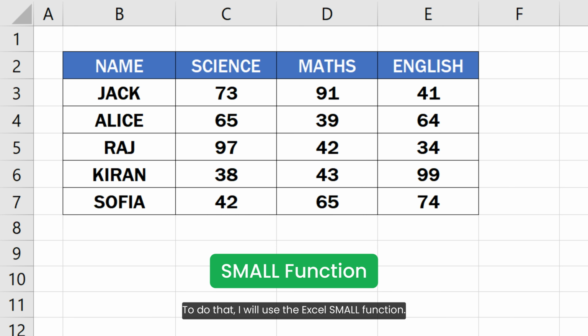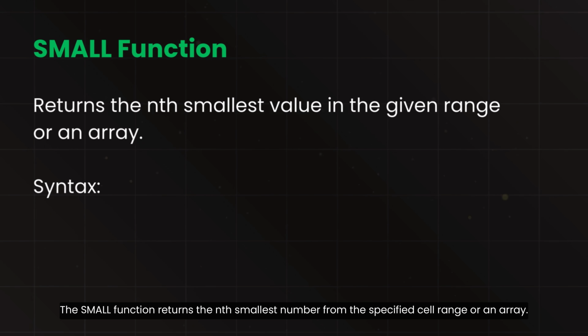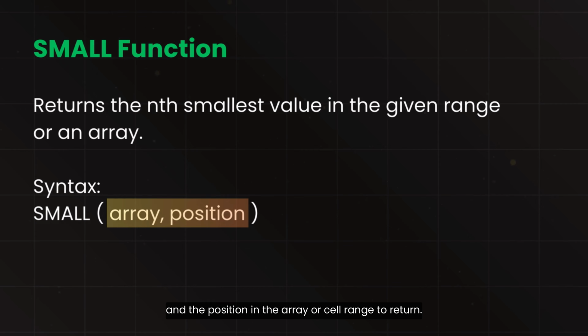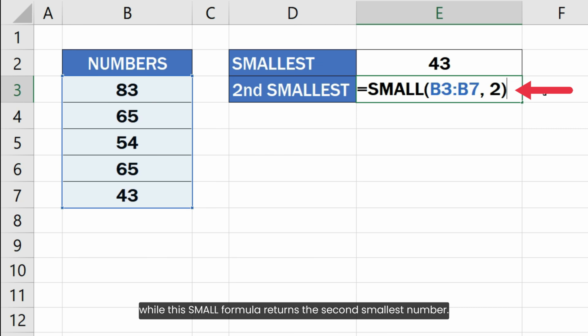To do that, I will use the Excel SMALL function. The SMALL function returns the nth smallest number from the specified cell range or an array. This function accepts two arguments, a cell range or an array, and the position in the array or cell range to return. For example, this SMALL formula returns the smallest number of the cell range, while this SMALL formula returns